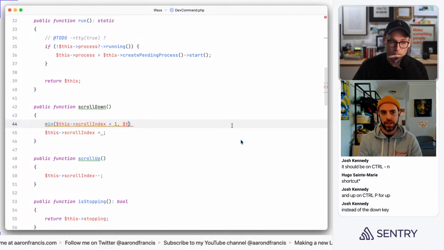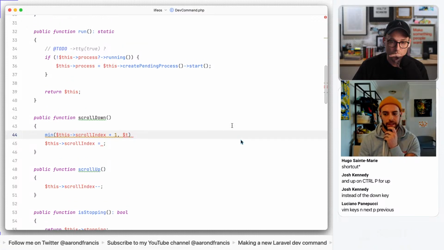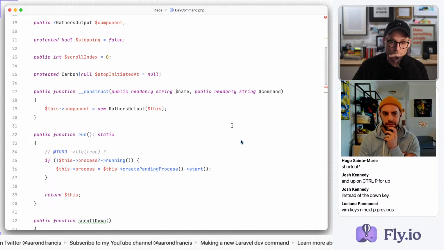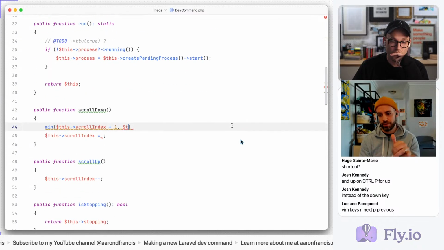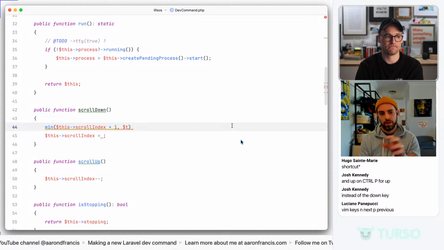So when you initialize, all these dev commands need to know what the width is, unfortunately. It's kind of the nature of the beast sometimes, unless you do this logic in the renderer. So you have to pick your poison here. You either have to make sure the scroll index is not past that in the renderer, or you need to do it here. And either is fine, but